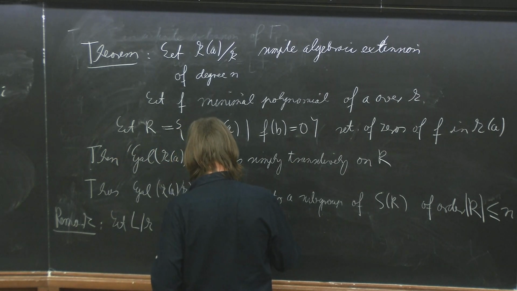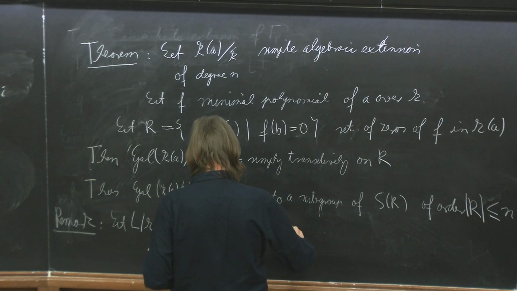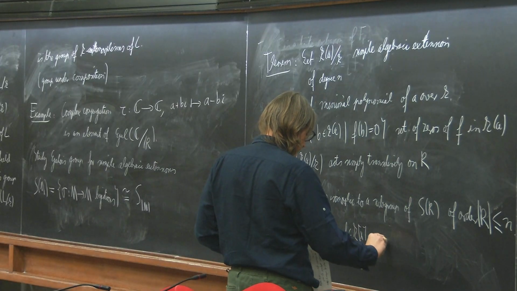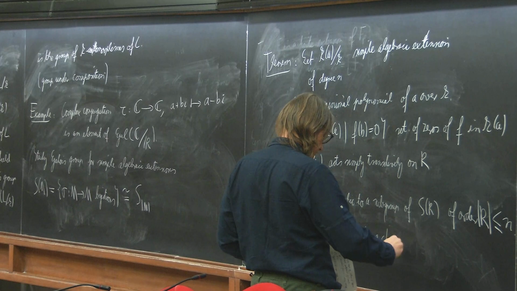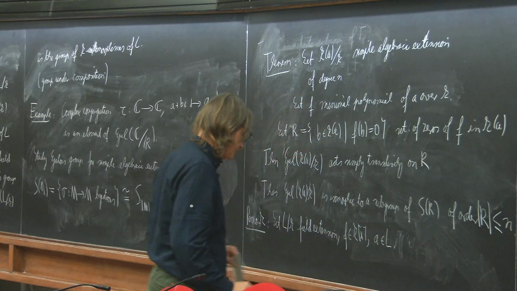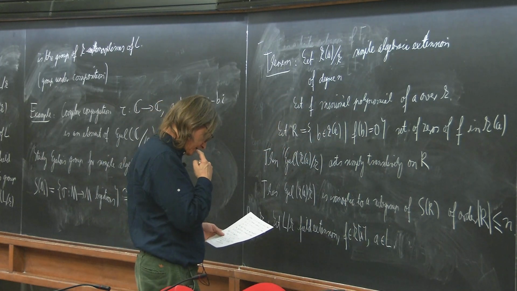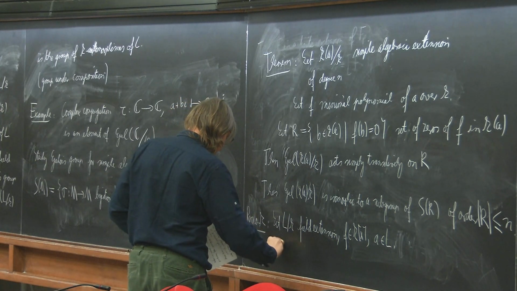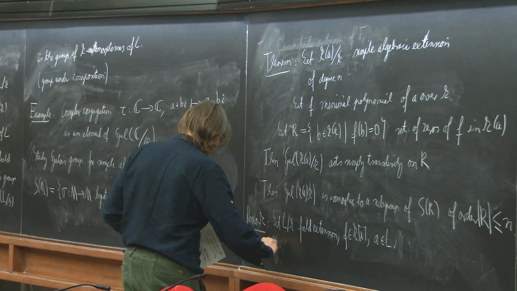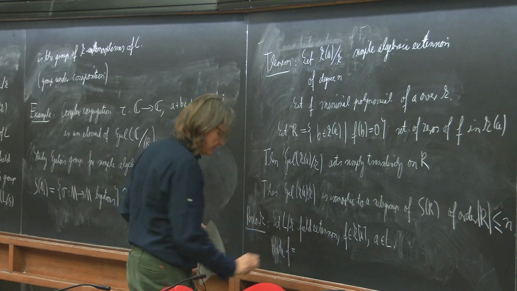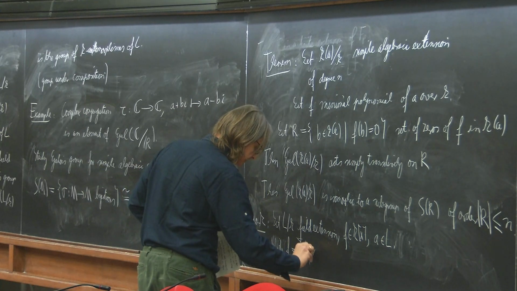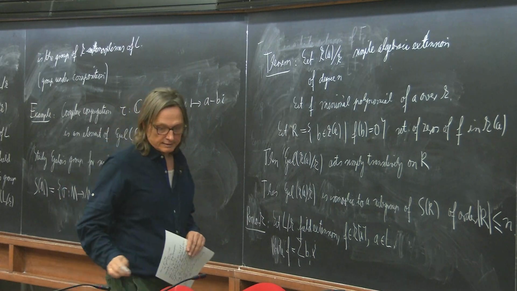So F, a polynomial with coefficients in K, and A an element in L, is 0, so A an element in L. Then if you write F equal to the sum of Bi x to the i, then